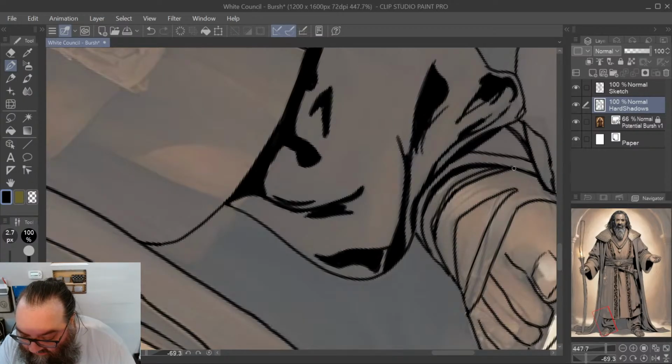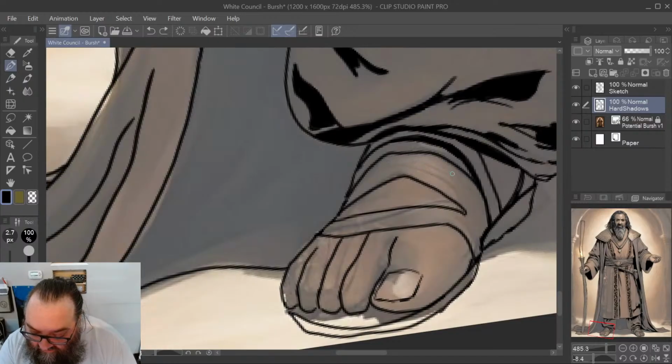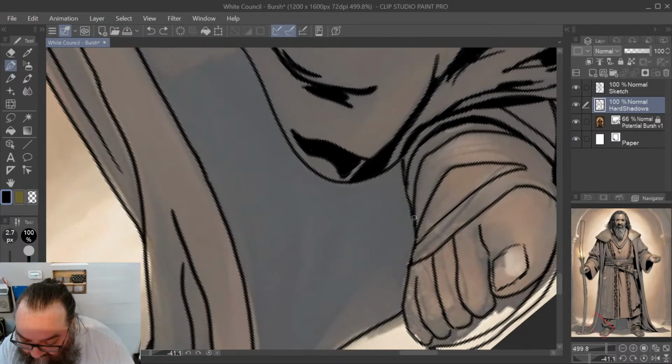And so I kind of got into adding a little more into this drawing. That's a mistake. Okay. This is part of what hard shadows do for me too, is they start to define the shapes that need to be defined. Like that's a leather strap. That's a leather strap. I just put a shadow in the leather strap, which doesn't make sense.